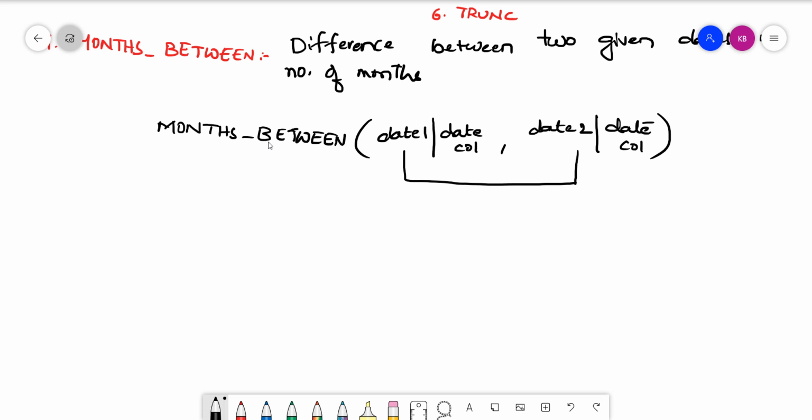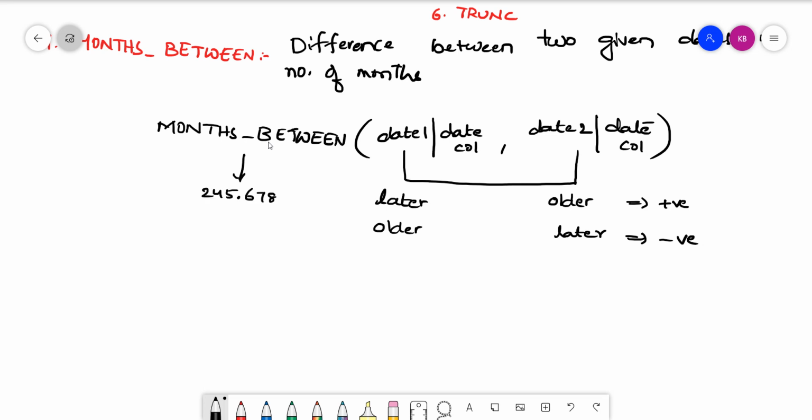Suppose the first date is a later date and this is an older one, so obviously our result would be a positive value. If this is an older one and this is the latest one, in that case we will get a negative value. And there are chances that months_between would result in fractional values like this.